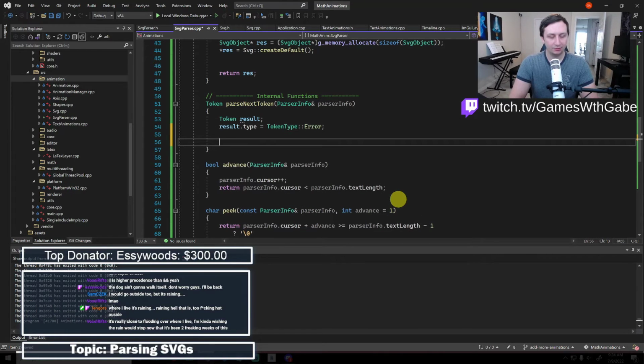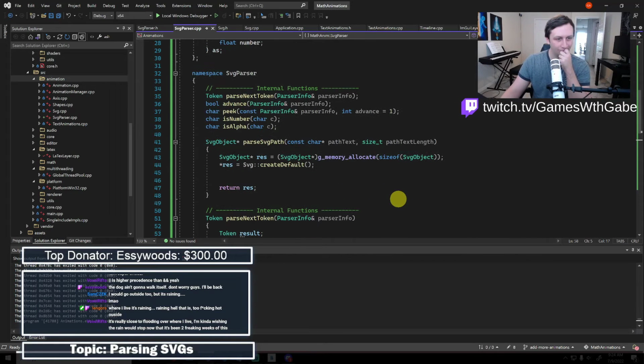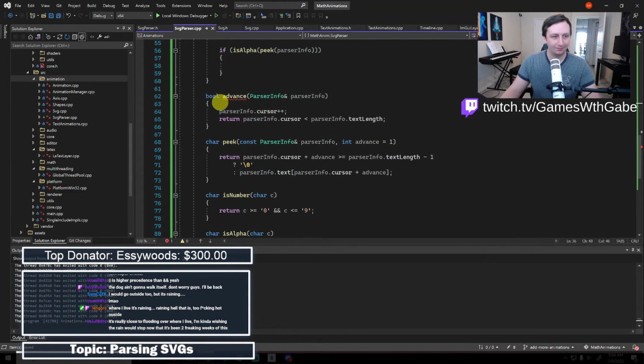Okay, and then we'll say if peek parser info is a character, then this is a command dot type, and then we'll switch on that command. So I guess, ooh, yeah, this should return a char, shouldn't it? Advance. Yeah, let's do that.